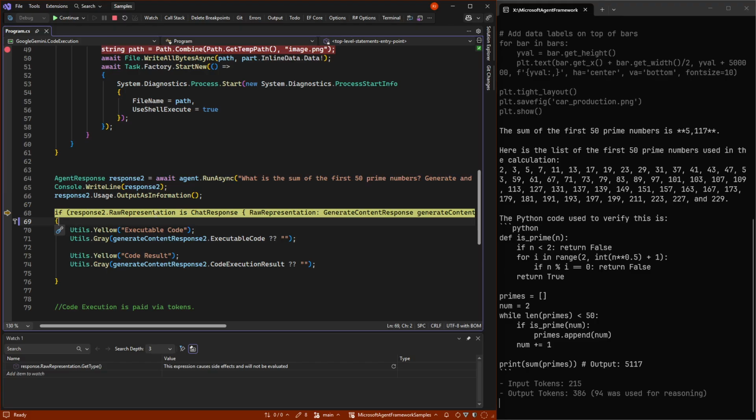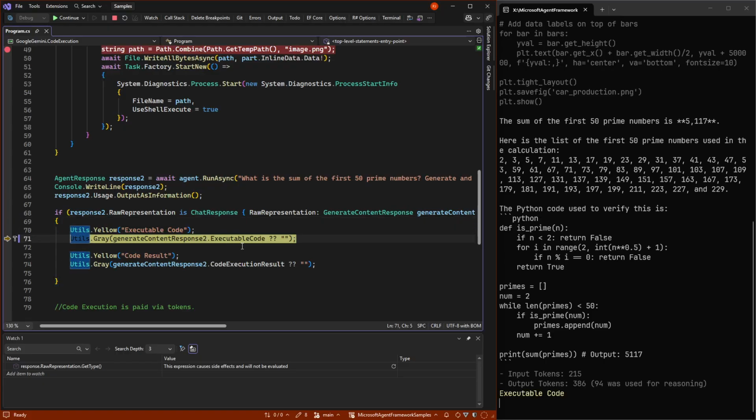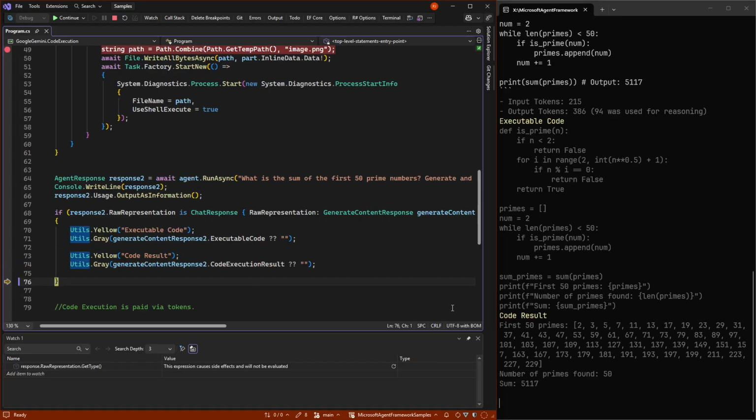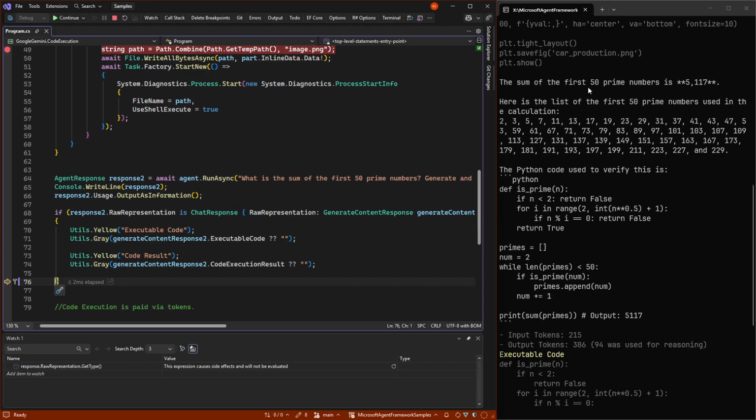And again, we can go in and get the raw content, and we can get the executable code. So this is how it calculated the first 50 prime numbers, and the raw result, if we want that for some reason, which is what this code generated. So we have full access to the raw data, but also just letting the AI respond back if we want to.